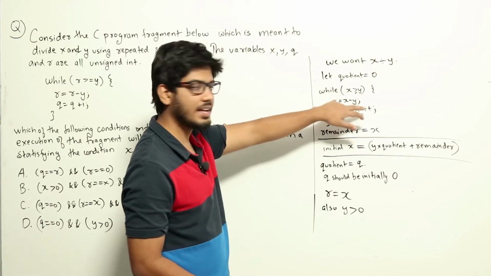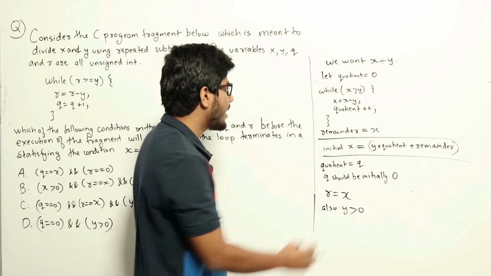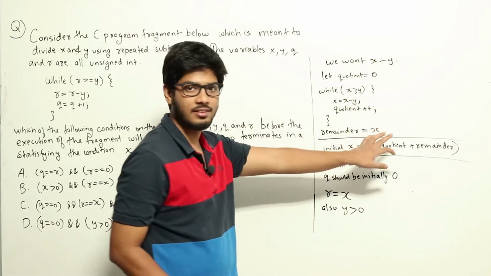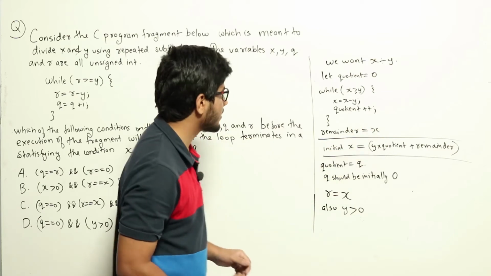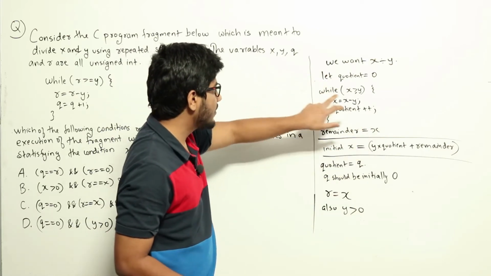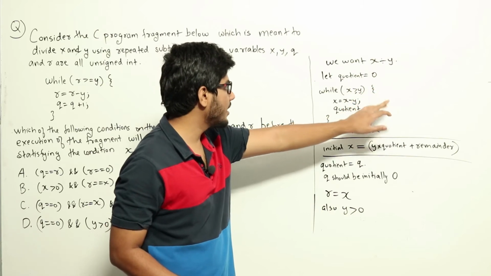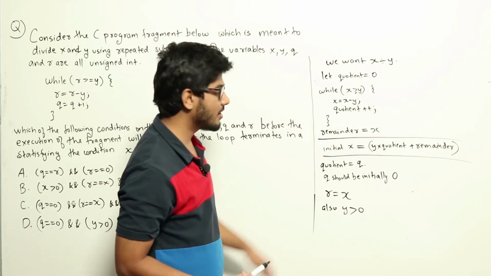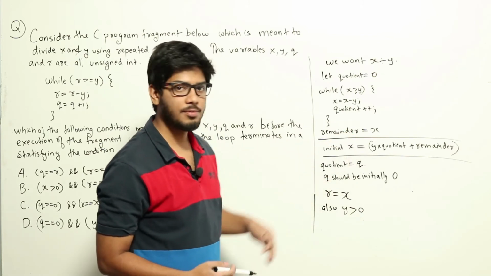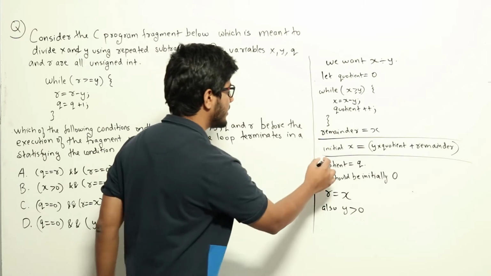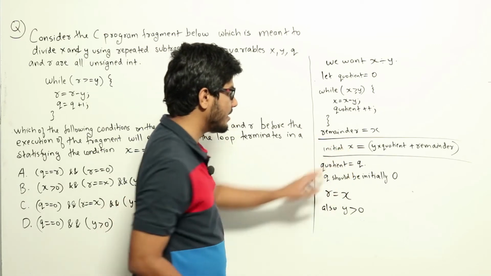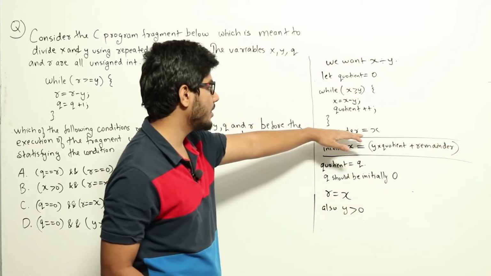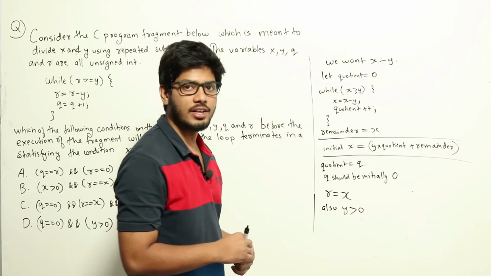So we'll keep on doing that until x becomes less than y, and finally whatever we have in x will be the remainder. So remainder would be equal to x. Now if we do this, we will do x divided by y, and the quotient would be stored in this variable quotient we have here, and the remainder would be stored in this remainder variable we have here. And now we can write the condition that initially what we had in x would be equal to y into quotient plus remainder. This will be satisfied.